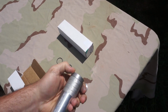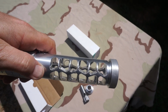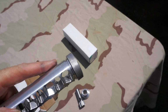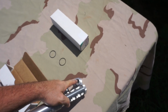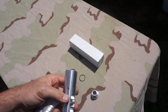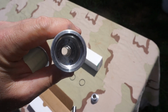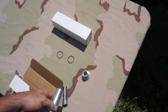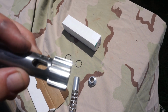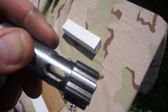This is how the baffle stack comes out. Pretty interesting design. Looks like it was made almost like one of those square cutters or something on a CNC. Only one of the cans came with any O-rings, although there's seats on the front baffle stack and the rear cap for O-rings. I guess they didn't want you to put them on there until you had the parts anodized. But of course, you can't just send them out to anodize because there's a steel set screw in there that serves as the guide for the piston. And it interfaces with these lobes on the piston, and I'm not really sure, with a threaded set screw, how many rounds that's supposed to work before it starts gouging into the piston. You can see right there some of the really nasty